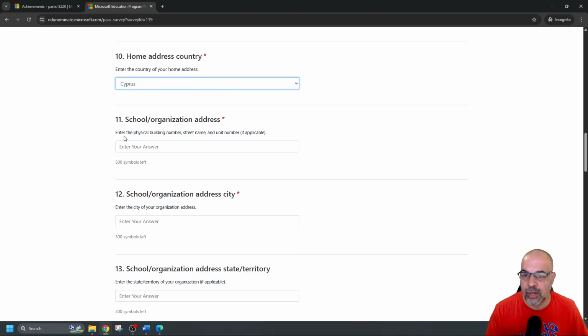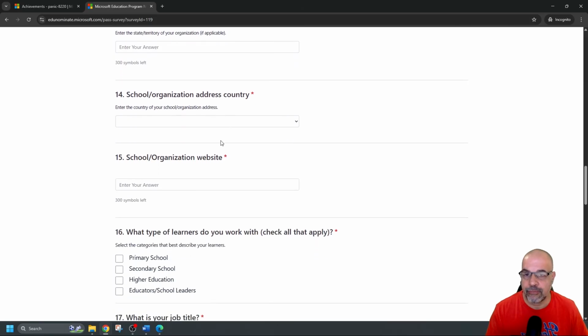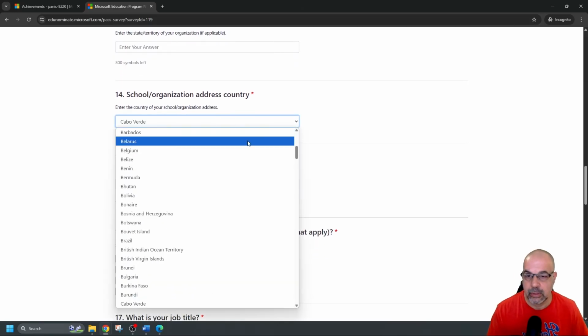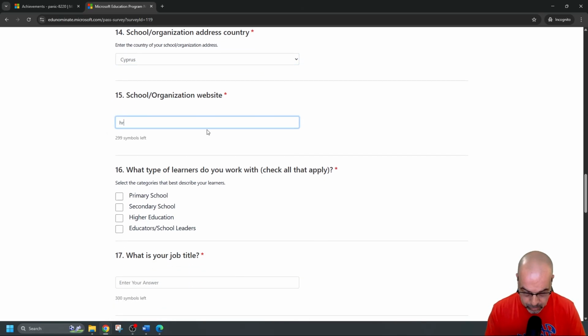School organization address. Here you're going to put the address of your school. Only the road and the number. Enter the physical building number, street name, and unit number if applicable. So I've only got a street number and a street name. That's all I need. The organization address, city, again in Nicosia. State tertiary we don't have. Country is Cyprus. The school organization website. I always request that people put the protocol as well. So http://